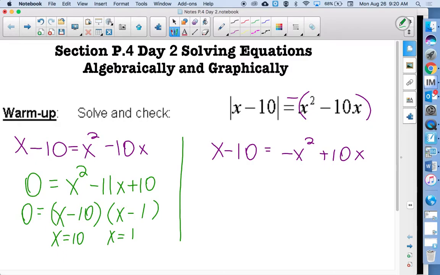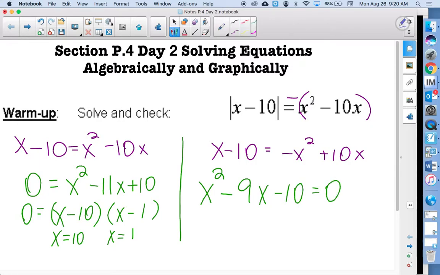So again, looking at the next one, my x squared is negative. I prefer to factor with a positive x squared. So I'm going to move the x squared now to the left, so it's a positive x squared. I'll move the 10x to the left. That gives us a negative 9x and then a negative